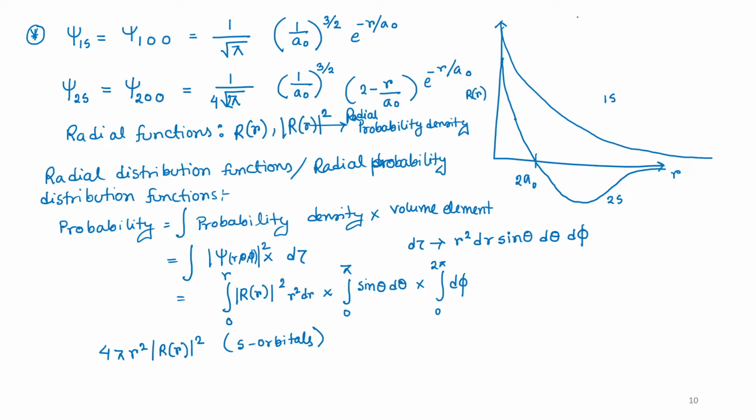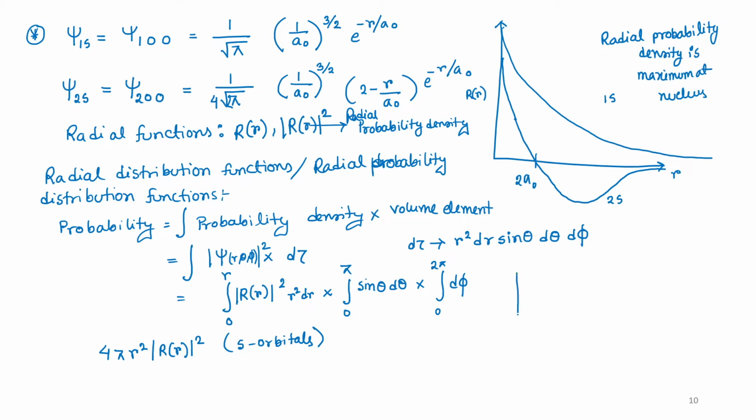As you have already seen, this is your radial function, and from there if you take the square of the modulus, then you are going to have two lobes, but still it will look like your radial probability density, radial, not probability, radial probability, yes, radial probability density is maximum at the nucleus,